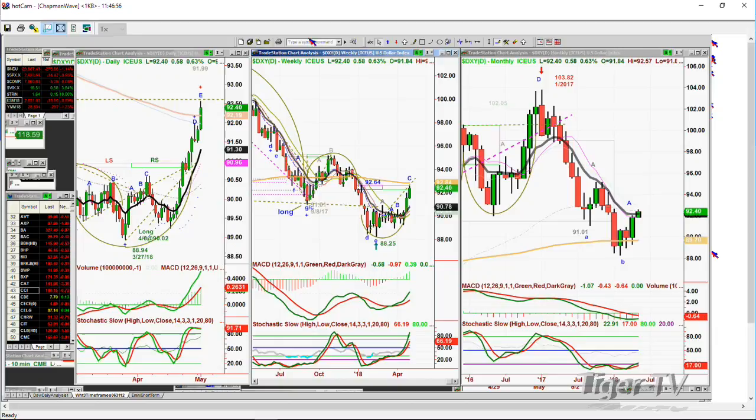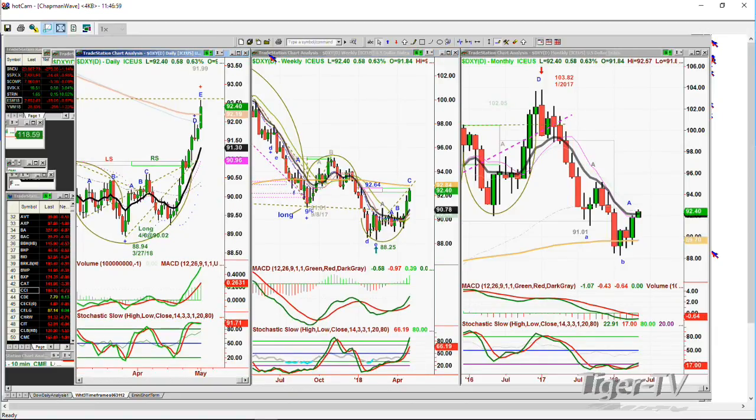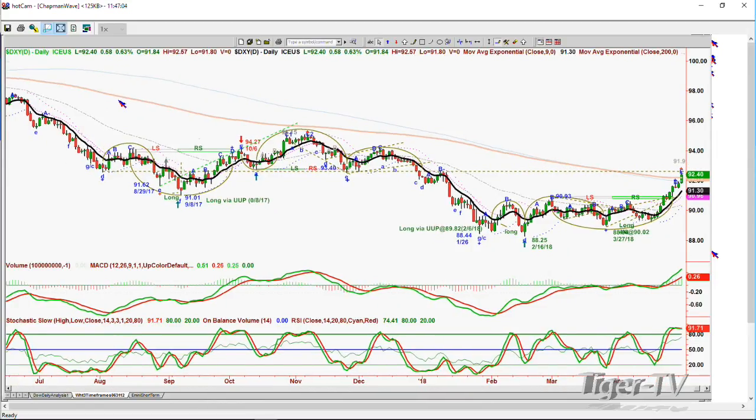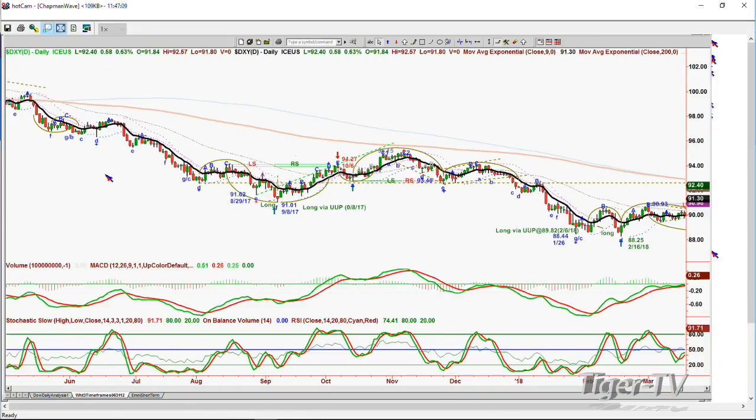There's time involved. This is a fabulous breakout. Look at this chart right here. You remember the 200-period moving average we just spent time on talking about in crude oil? Well, back here, right there, back in